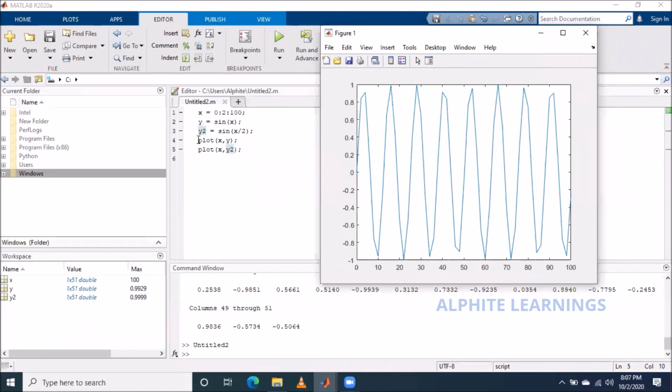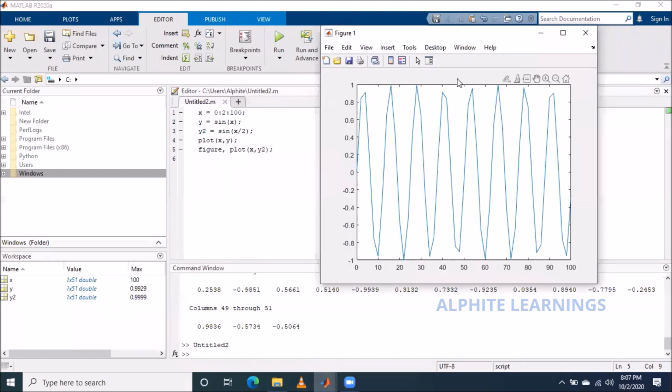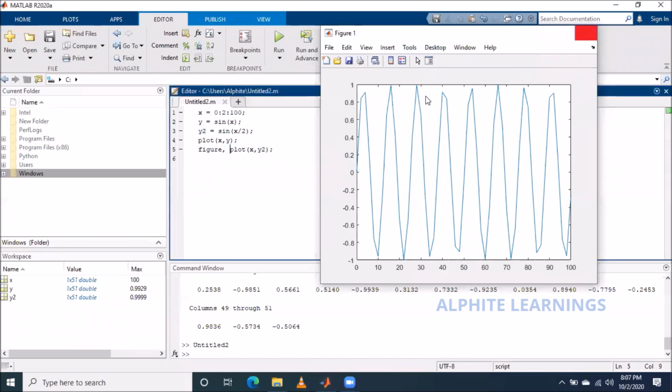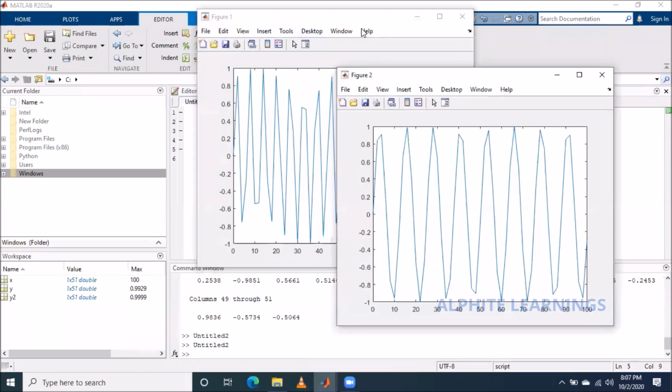Then it creates a plot x comma y. Unless I mention figure, I'm getting only one graph. Unless I mention figure, I'm not getting two graphs.